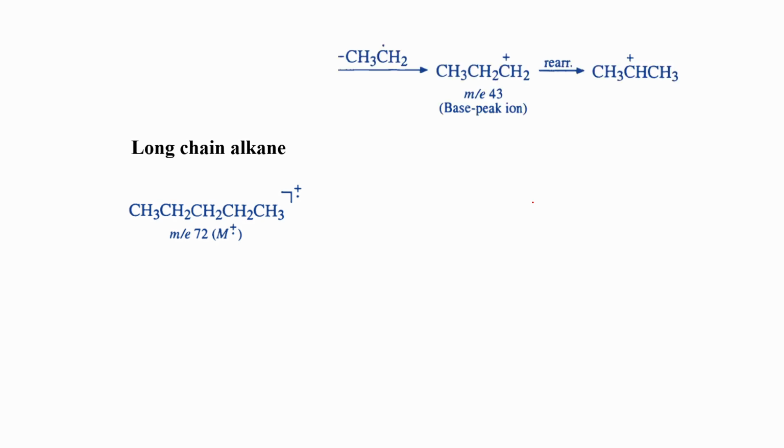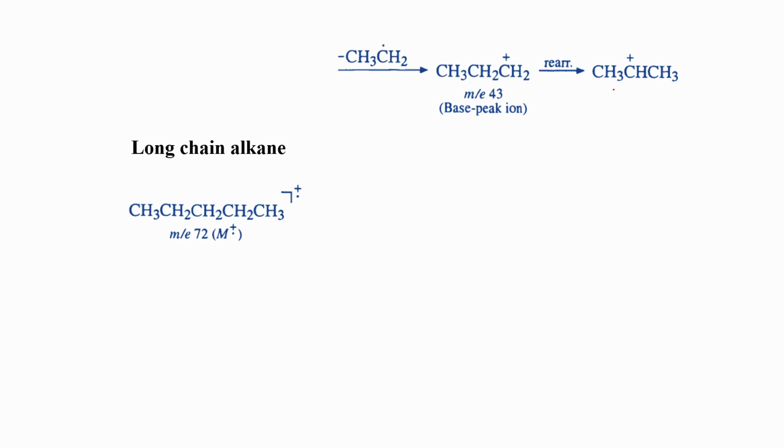You know, alkanes usually give a low intensity molecular ion peak. The prominent fragment obtained for normal alkanes is with m/e value 43. Most often, this will be the base peak in the long chain alkane, as it is the more stable cation formed. The propyl carbocation, that is with m/e 43, rearranges to form isopropyl carbocation, which is a stable